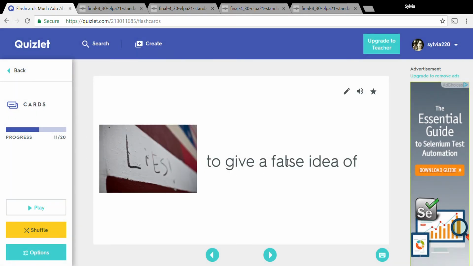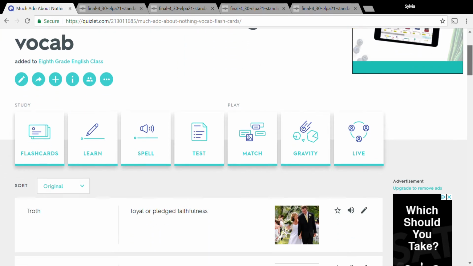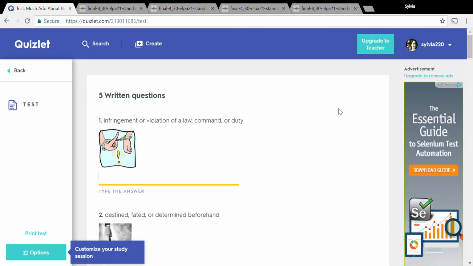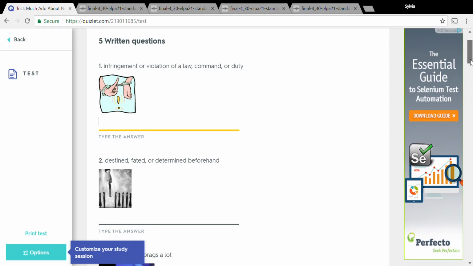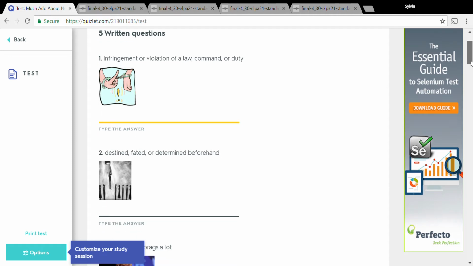And then I'll flip over to show you the definition. So that's pretty cool. And now I'm going to go back. I'll take you back to that screen. And then I'm going to choose test. And I would not choose test to test my students, but it would be a really cool option if they wanted to test themselves. And the test gives them three different options, three different sections,